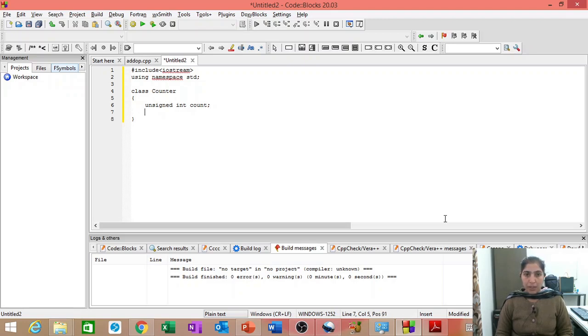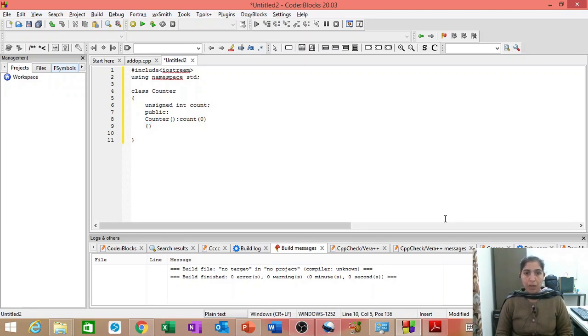Okay, and in the public section, now let us create a constructor counter, count equal to 0. So it will initialize the count to 0. Whenever we will create an object of class counter, it will be automatically initialized to value 0.